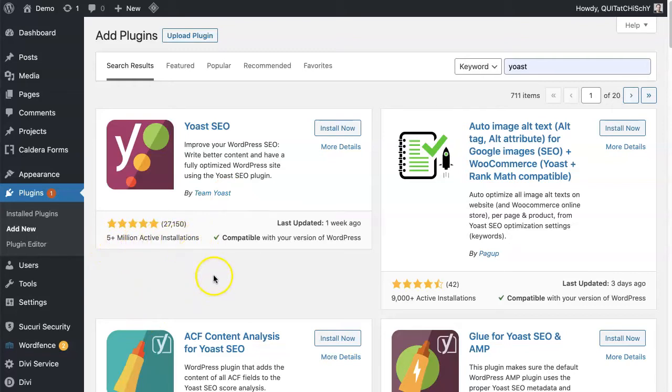This is a very, very popular plugin because of its effectiveness, really. So once you find the plugin here, then you just click install now. And that's going to take a second to go ahead and download those files into your website. And then once those files have been downloaded, you'll see this activate button up here. And then you'll need to push activate. And that's actually going to go through and activate the plugin so that it's ready to use on the actual